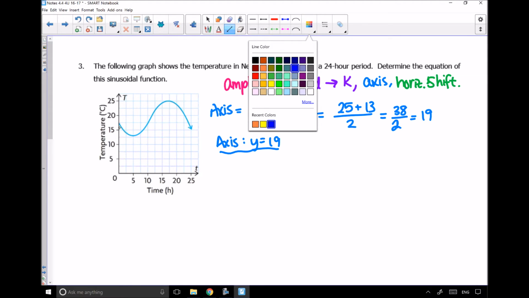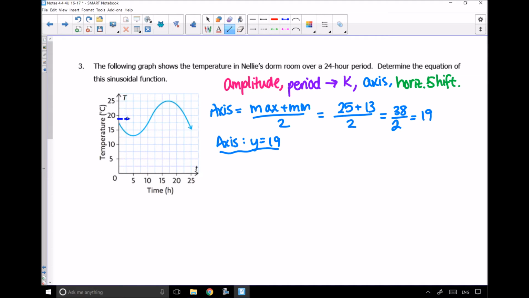So for my axis right here, I'm going to go to 19, and I'm going to graph out my line. And that seems about right for me, because this is marking pretty much the halfway point, or that line of symmetry for my sine function that I have here, or my cosine function. So we're good to go for our axis. Based on that, I can now figure out what my